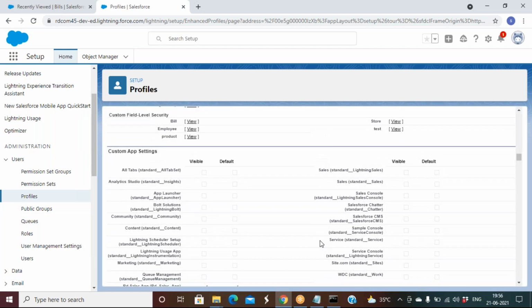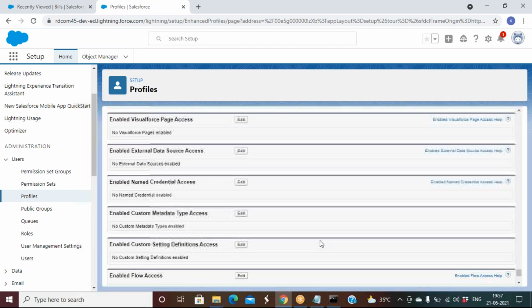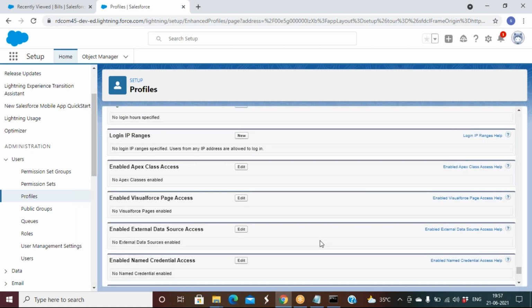Next, we have something called enable Apex class and Visualforce page access.